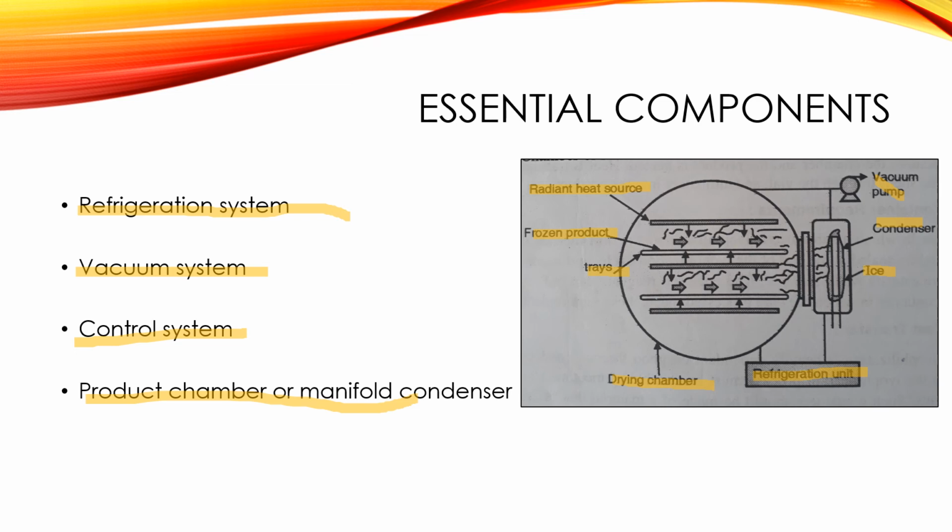Vacuum system: to remove the solvent in a reasonable time, vacuum must be applied during the drying process. The control system may be entirely or usually fully automatic for the production of the lyophilized product using this equipment, and the control elements required are those mentioned above, that means the temperature, pressure, and the time. So these are the various essential components of the different categories of freeze drying equipment.